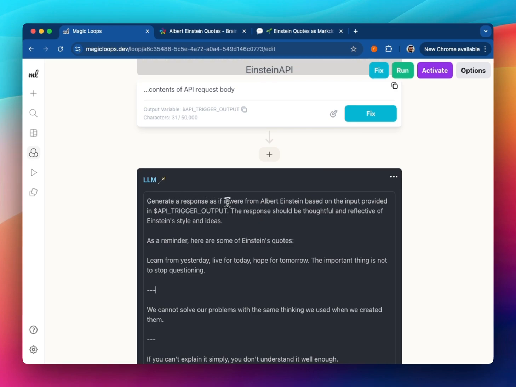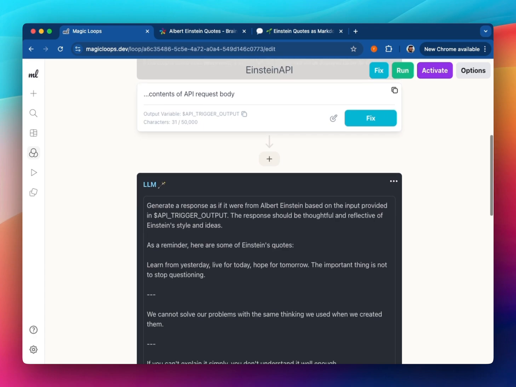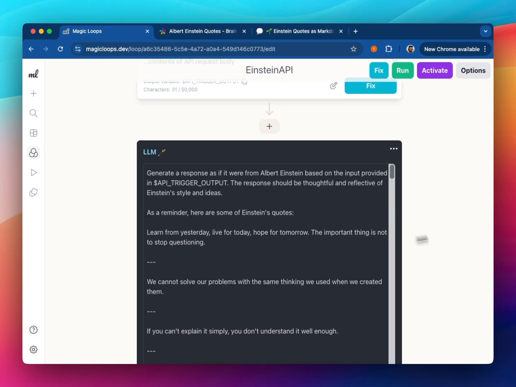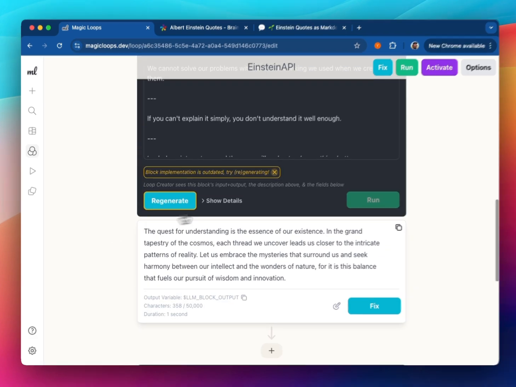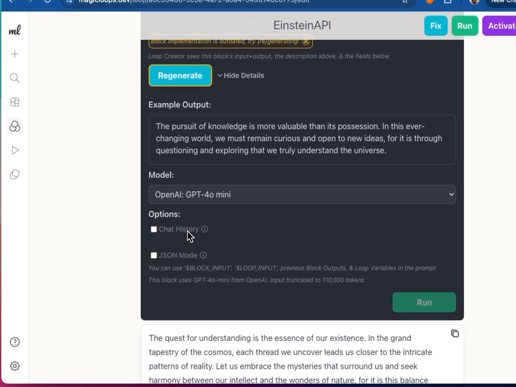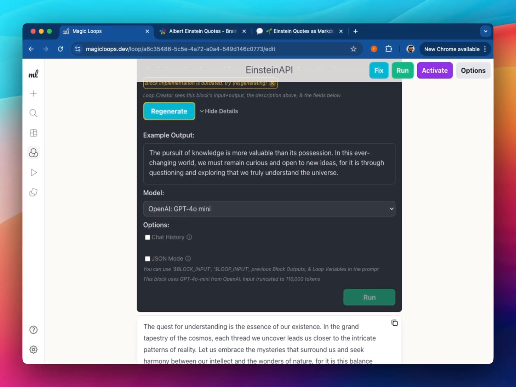So we'll say generate a response as if it were from Albert Einstein based on the input provided in API trigger. The response should be thoughtful and reflective of Einstein's styles and ideas. One thing I'm noting as well is that if we call this, it will generate a new response every time. It won't have a history of our messages. So within Magic Loops, there's a way to turn on chat history that will essentially allow the LLM to remember